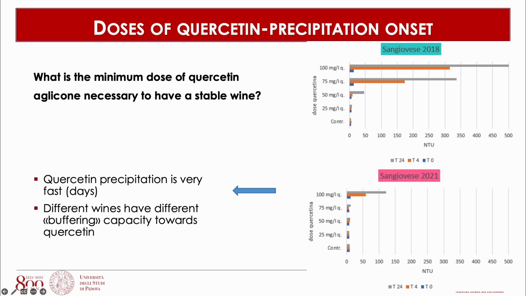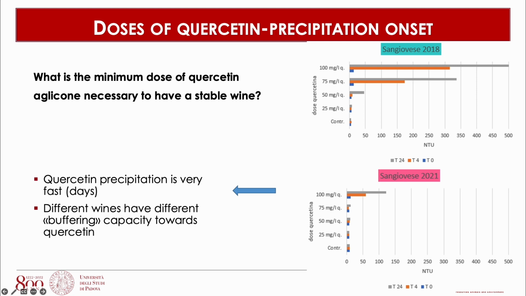And this opens another question. So I'm sure that quercetin is stable. So this quantity of quercetin is in this wine. So in this wine maybe I have 75 milligrams of quercetin, and so I can say it's stable. But after 2-3 years, probably quercetin cannot increase because I